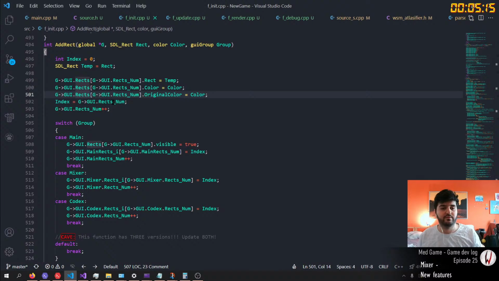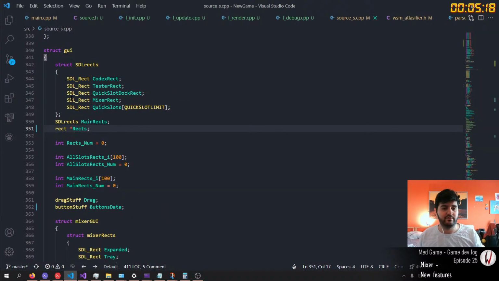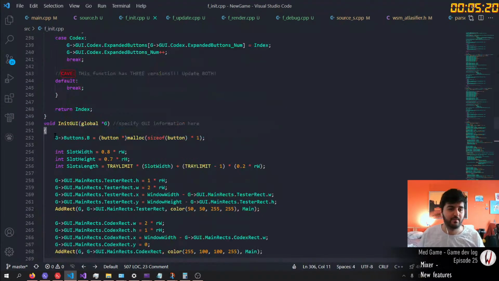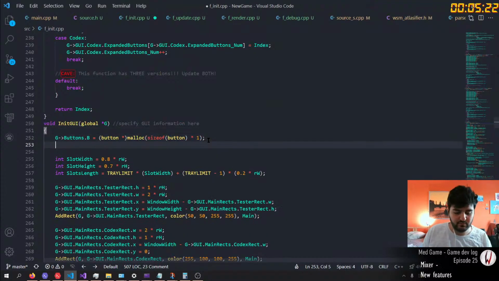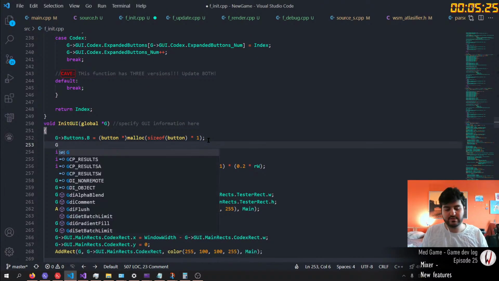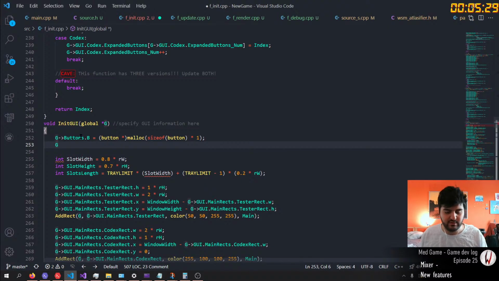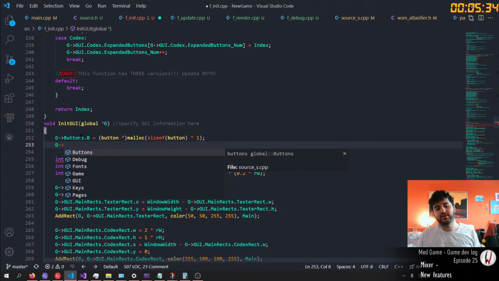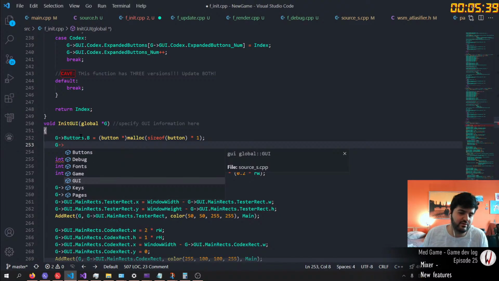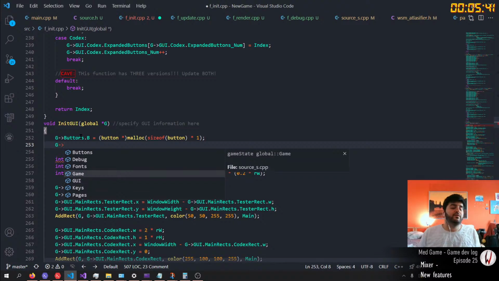And before I add direct, when I init the UI, I also put everything within the G global, which has now all different kinds of stuff like buttons, debug, GUI. GUI and buttons were different things. Why would they be? They're now together. For now, I'm gonna make it, what was the rest?